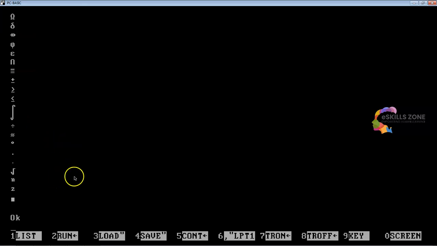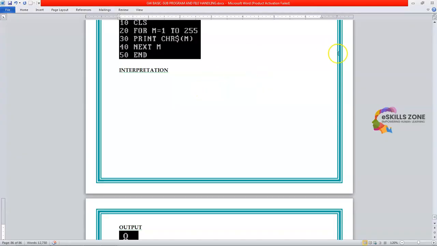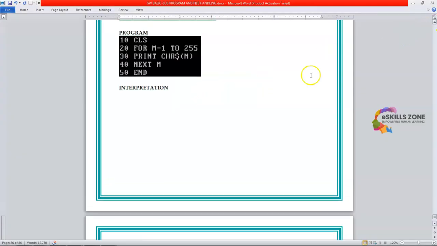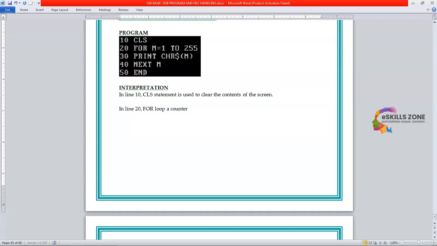Let's look at the execution of this program in the text area. I'm going to type the execution line by line. It's a very simple and easy program. In line 10, the CLS statement is used to clear the contents of the screen. In line 20, a for loop, a counter loop, is used